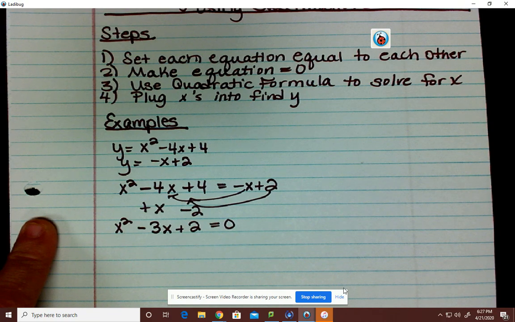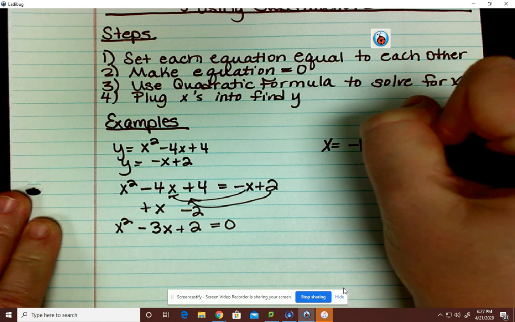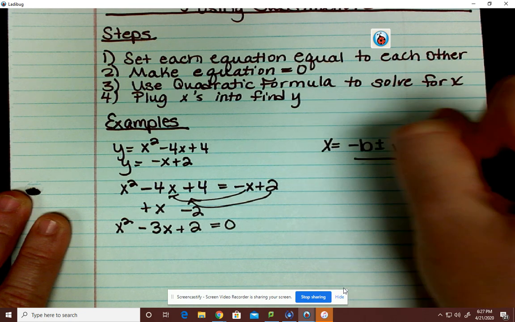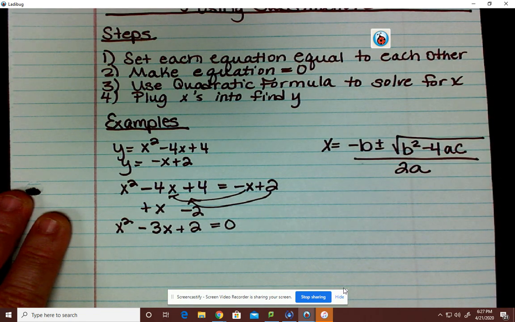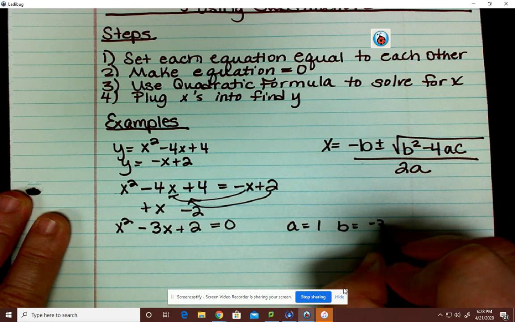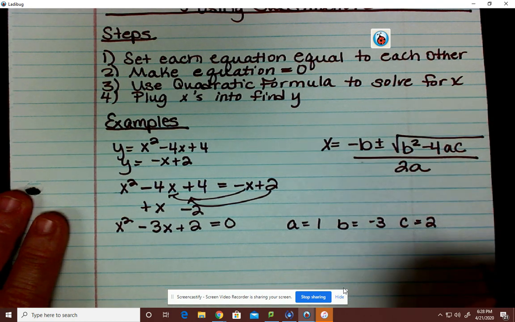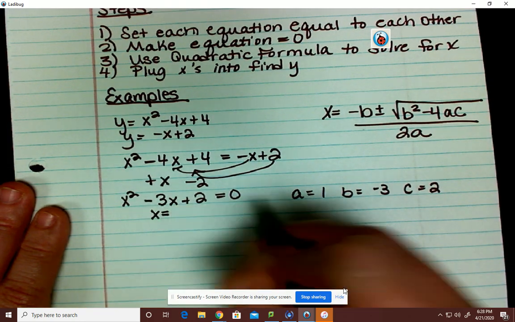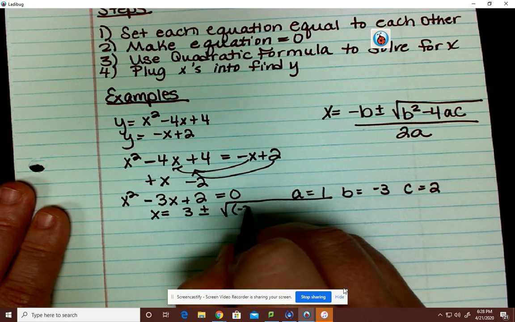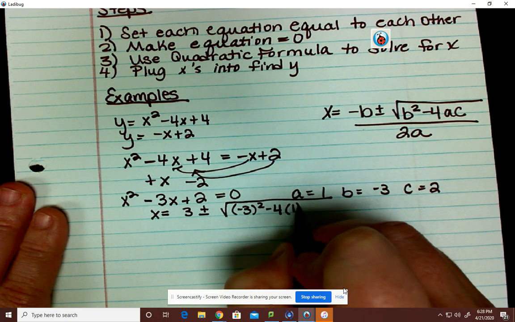Then we're going to use the quadratic formula. I'm going to write it over here so we can remember it. Negative b plus or minus the square root of b squared minus 4ac, all over 2a. Here a is 1, b is negative 3, c is 2. So I plug in: negative b is already negative, so it becomes positive 3, plus or minus the square root of, and I always put everything in parentheses under there, minus 4 times a times c,